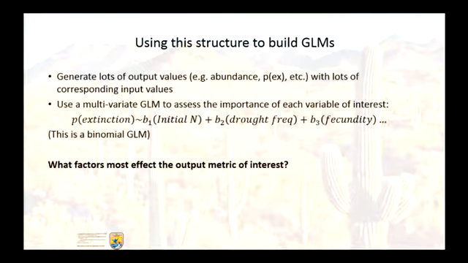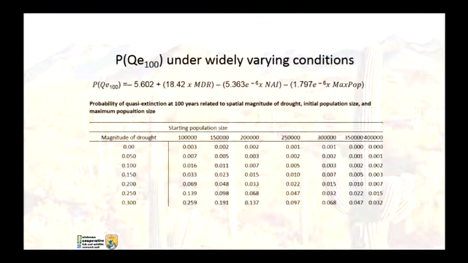And then we take those results and we can run some regression models and just look at the relationship between drought frequency, that shouldn't be fecundity, that should be maximum population size, and probability of extinction. So these parameters that we randomly draw from the outer loop and stick into the replications, we can estimate the relationship between this probability of extinction and these various components that we randomized and put in there, and we can